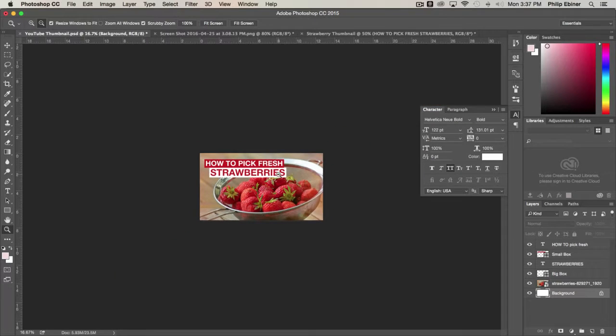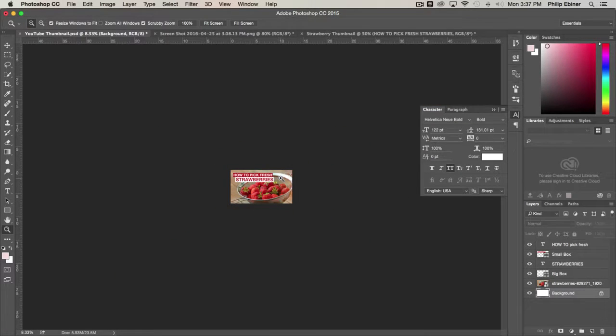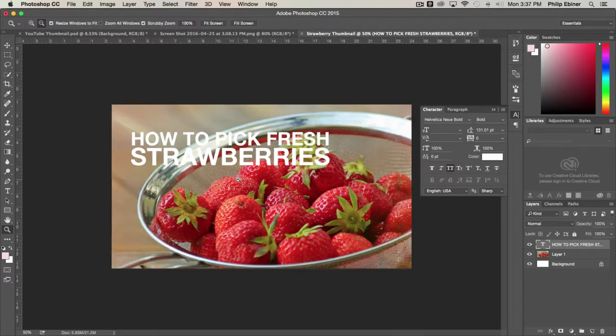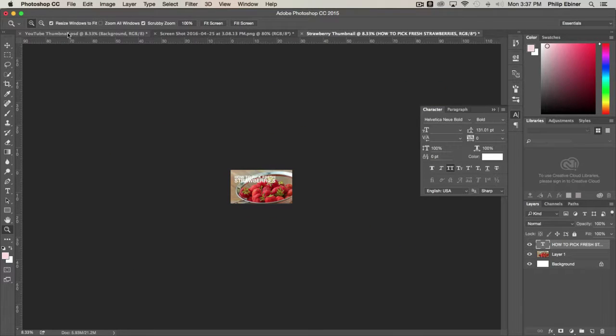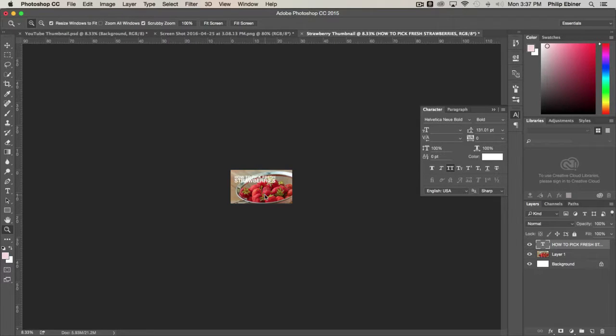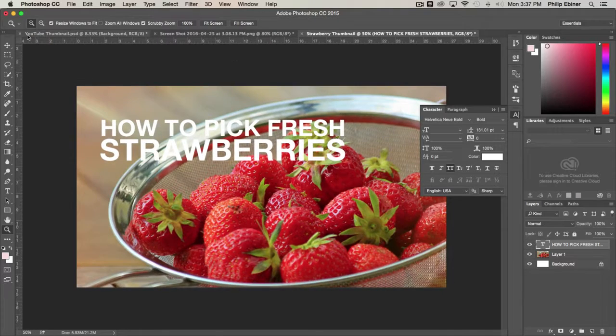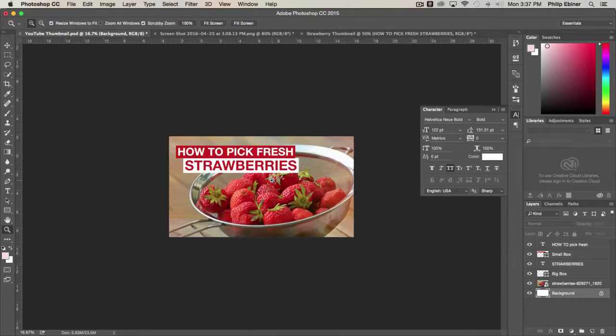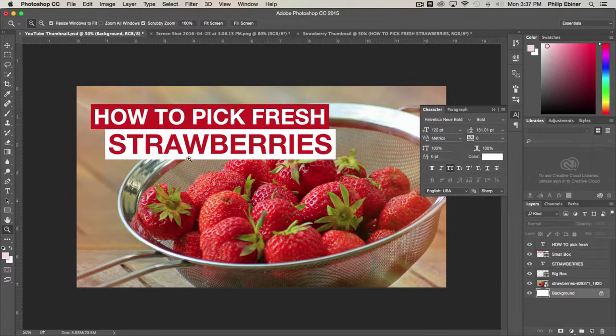So let me just zoom out to show you this one, how to pick fresh strawberries. And then this one will zoom out. Again, how to pick fresh strawberries. Which one looks better to you? I think this one looks a lot better. The text just pops. So what I did here is I have this red bar at the top and I have the white bar